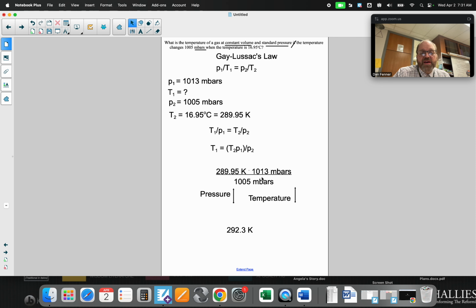I've got 5, I've got infinite, and I've got 4. Remember, the rule is the least number in the problem for multiplication and division is the most you can have in the answer. So 4 would be my answer. We could also convert that from Kelvin to Celsius by subtracting 273.0, and we would get 19.3 degrees Celsius. Either of those is correct.